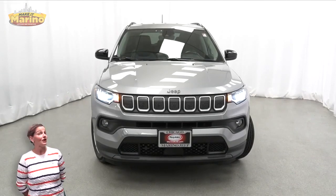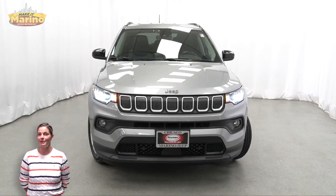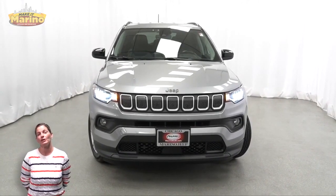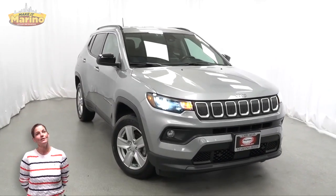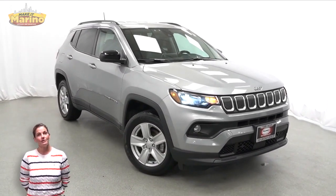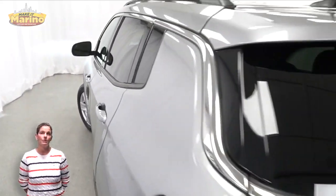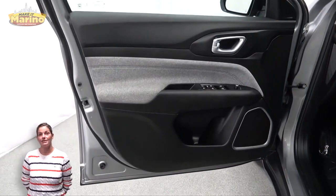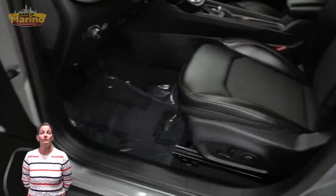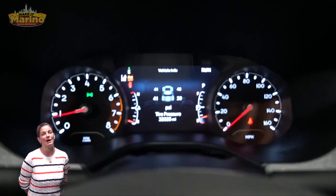If you're looking for a functional compact SUV with reliability and safety for your whole family, then take a look at this 2022 Jeep Compass Latitude in billet silver. With LED headlamps, front fog lamps, 17-inch aluminum wheels, blind spot and crosspath detection, deep tinted sunscreen glass, heated front seats, heated steering wheel, 32,000 miles on the odometer,